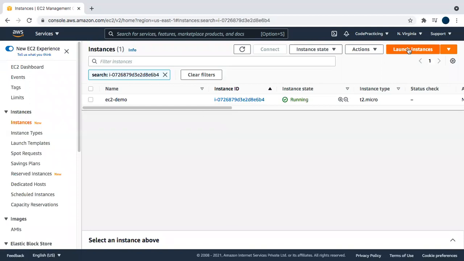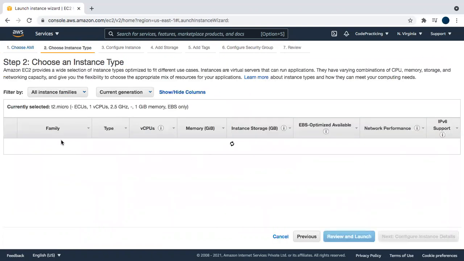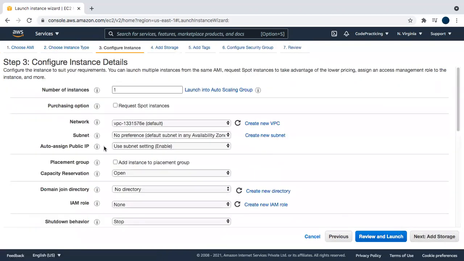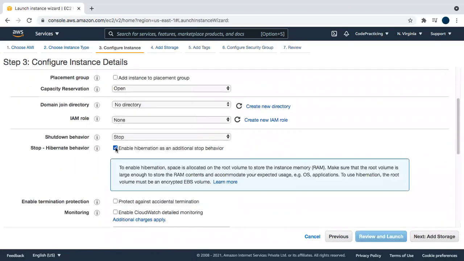So click on launch instance, select the Amazon Linux 2 AMI. Again, we'll select T2 micro, and configure instance details. We will enable hibernation. Here is a note: to enable hibernation, space is allocated on the root volume to store the instance memory.